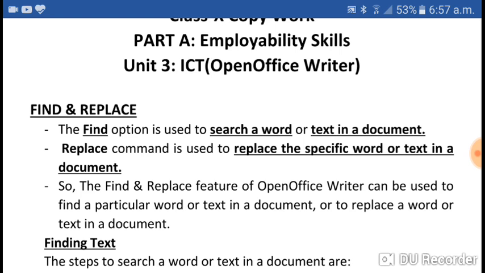Let us discuss what is find and what is replace first. The find option is used to search a word or text within the document. So if we want to find a particular word or any text from the document, yes, we can find it with the find feature. Whereas replace, as its name indicates,